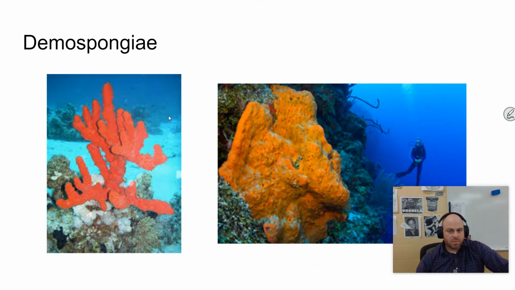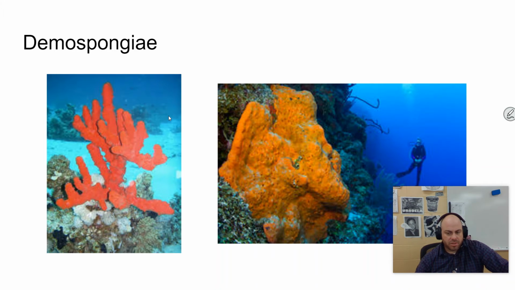The 6 rayed spicules are exclusive to Hexactinellida. All of the sponges in Demospongiae are leuconoid, and all of them are marine except for one family. In Demospongiae, there is one family of freshwater sponge, and a lot of the sponges in Demospongiae are very vibrant,